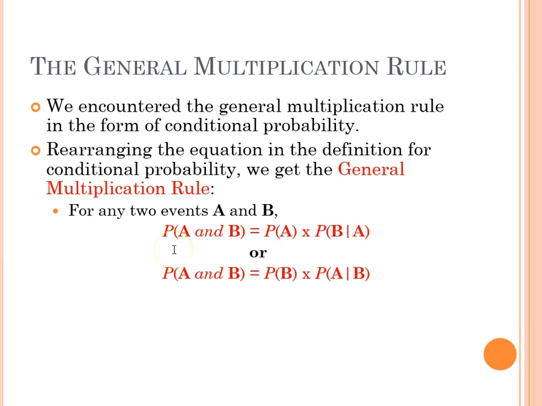So the general multiplication rule looks like this. If you want to find the probability of A and B, you're going to multiply two probabilities together. The first is just the regular probability of event A, but the second probability is what's called a conditional probability. So the probability that you see event B given that event A happened. So you know what happened in event A. It could also be notated like this, with event B going first and conditioning upon event B. It doesn't matter which way you write it, as long as whatever you put in this first term is what